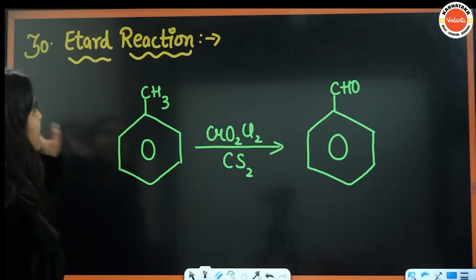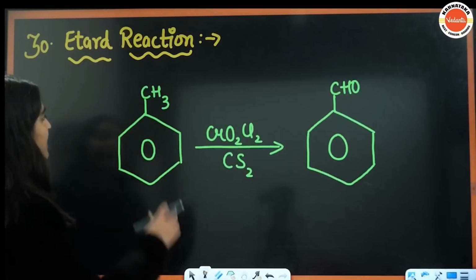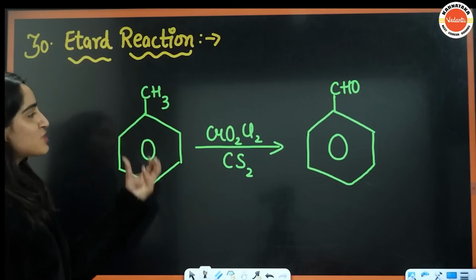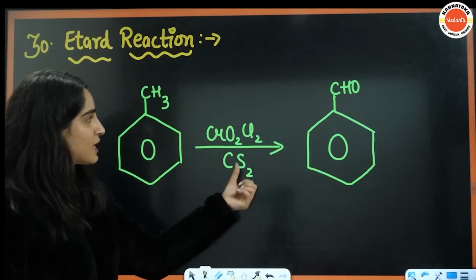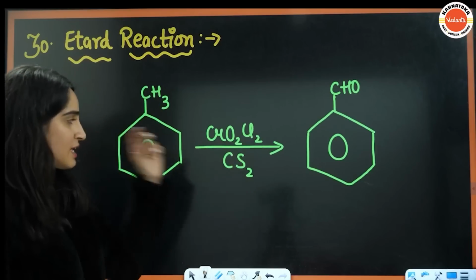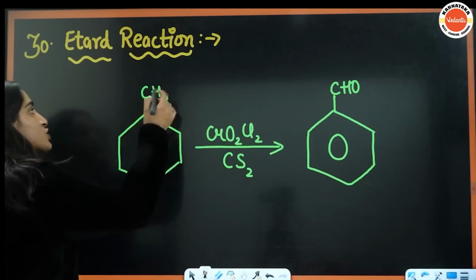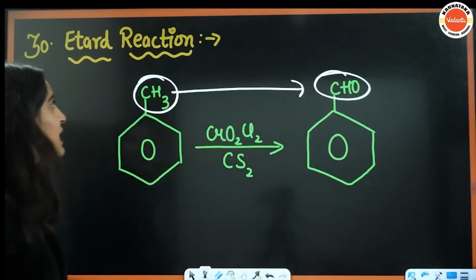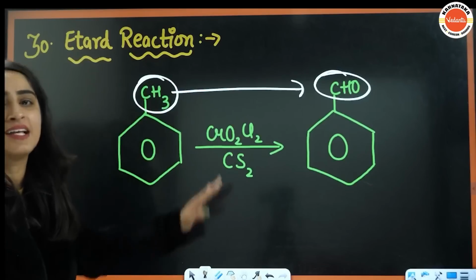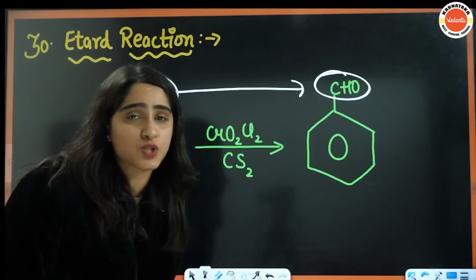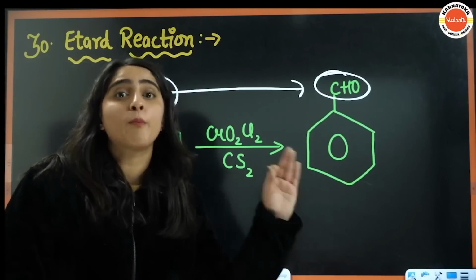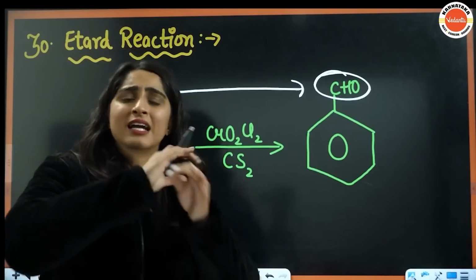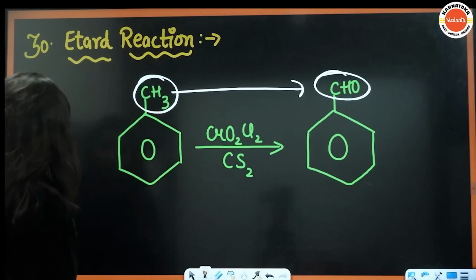Right. So now next is Etard's reaction. In Etard's reaction, you have almost just 6 reactions left here. So you have toluene and CrO2Cl2 in CS2. You have the conversion of CH3 into CHO. This is Etard's reaction. A direct question can be asked from this reaction. You can see your PYQs. These questions are being asked in the PYQs; they are very direct, very easy, very scoring questions.